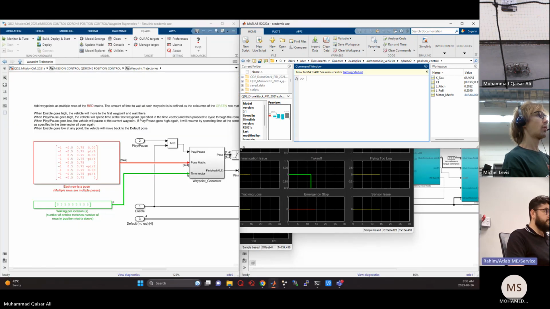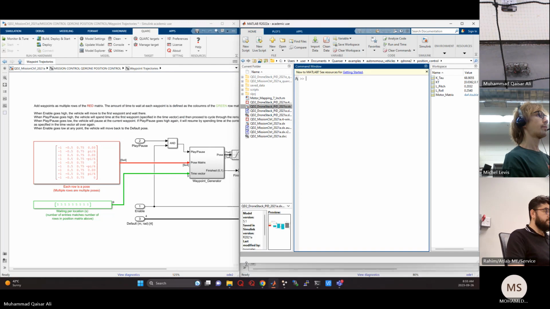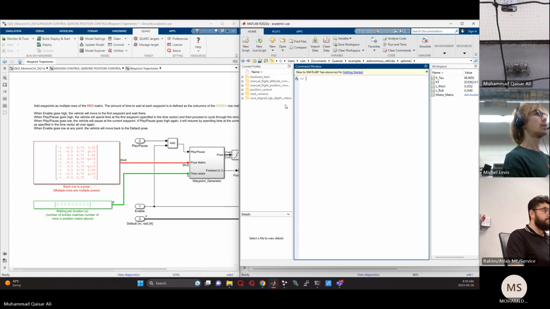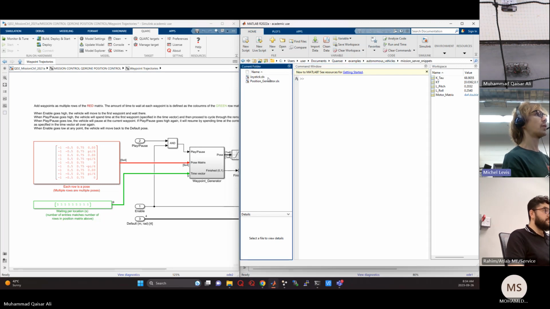I'm in MATLAB. Go back to the QDrone 2 folder, just back one folder. Back one more to autonomous vehicles. Mission server snippets, the first folder. Okay. So if you go to position generator,